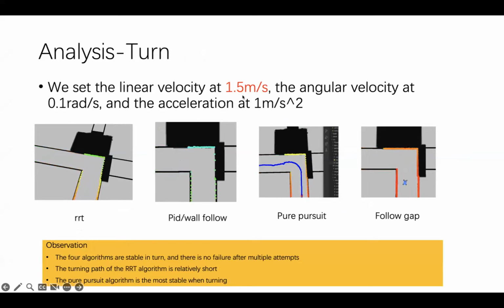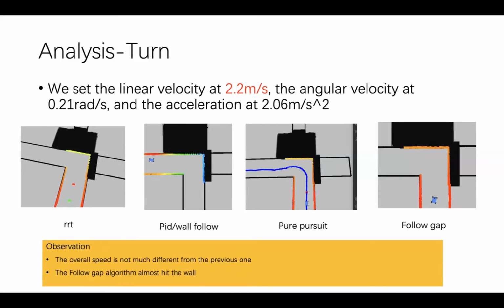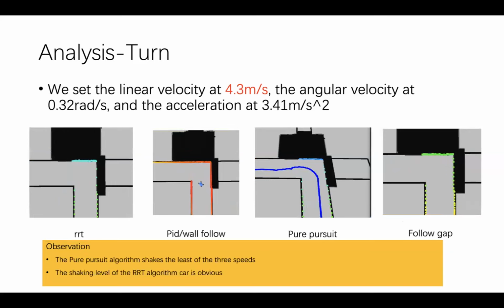And this is when we increase the linear velocity to 2.2 meters per second. The overall speed is not much different from the previous one. The follow gap algorithm almost hit the wall. When we increase to 4.3 meters per second, the pure pursuit algorithm shakes, the RT